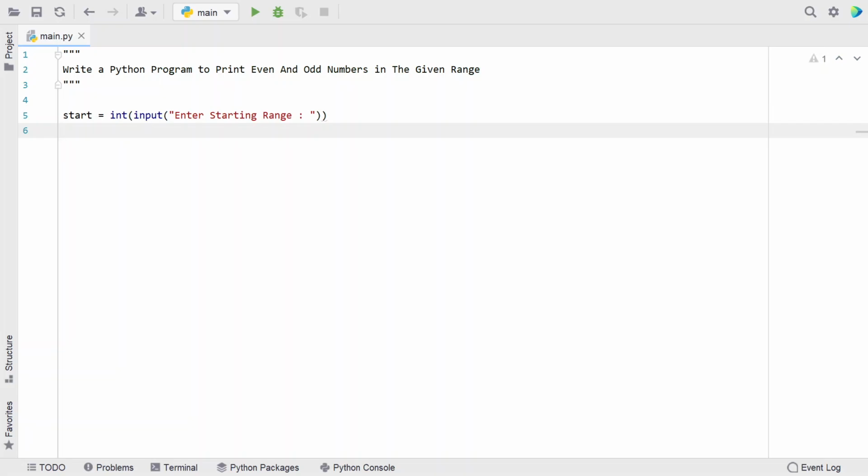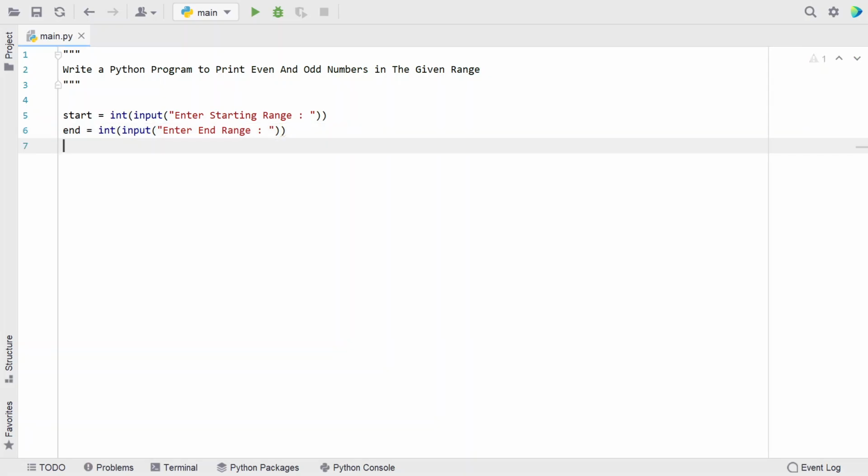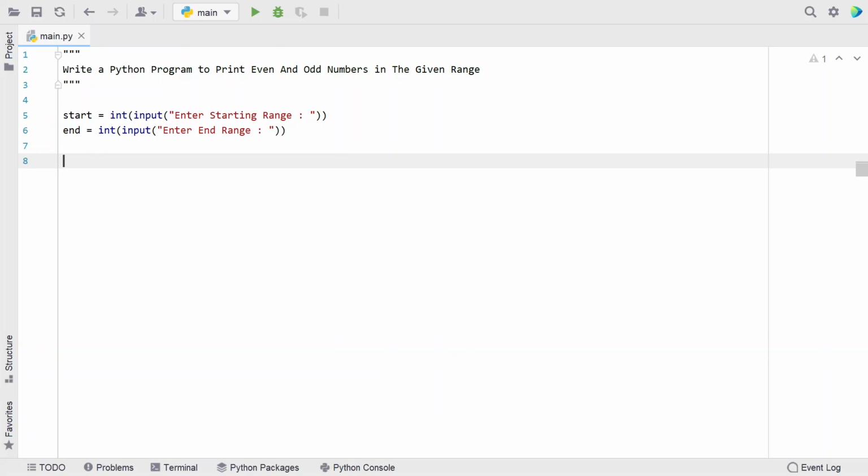Once we are done getting the start value, let's take another variable end and again use the input function call to ask a user to enter the end range. Once the user enters the ending range, again it will be of a string type. So let's convert it into an integer type. Once we are done getting the input values, that is start and end,